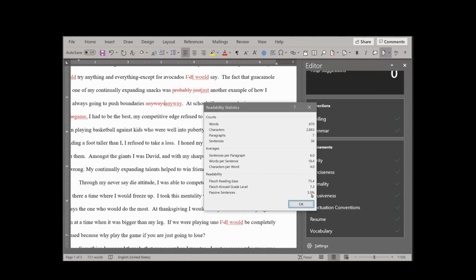5.5% of my sentences are passive, which means if I change a few of those sentences, I might be able to increase the grade level for this. But that's something that over time I would learn to use and take advantage of. Right now, I just wanted to show it to you. It's something you can run. The other point is that it has about 18 words per sentence on average, and that's a good length. Okay,